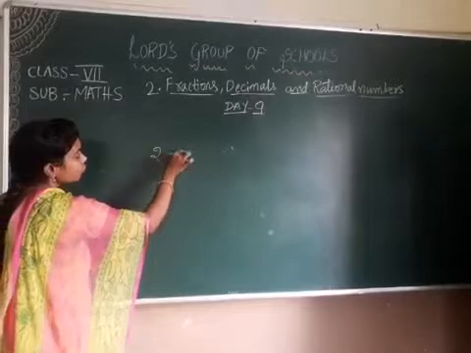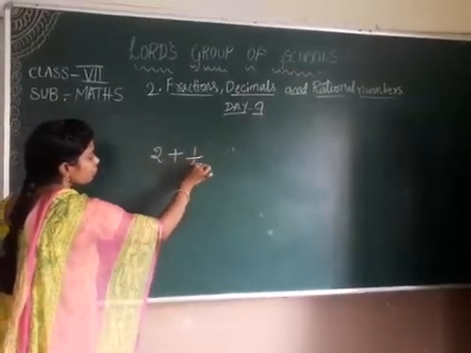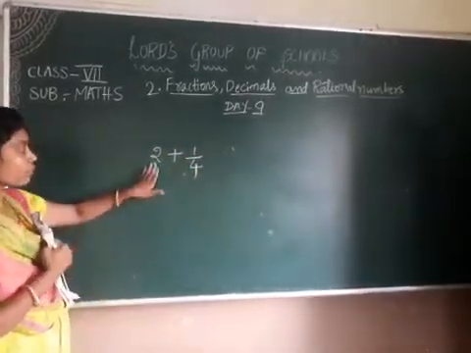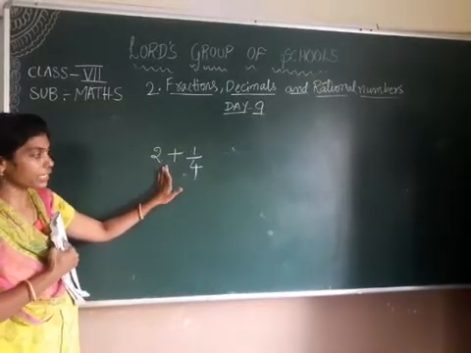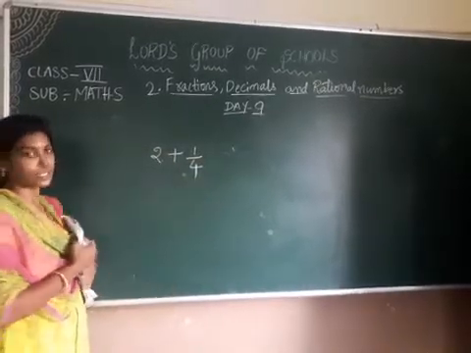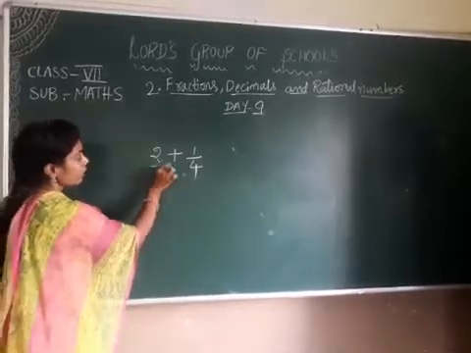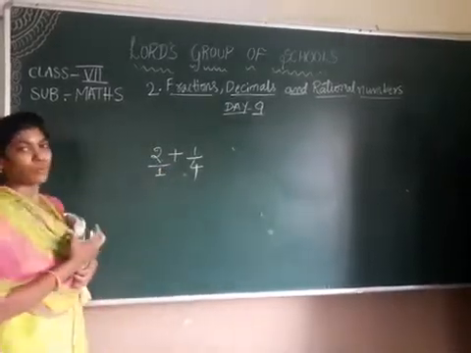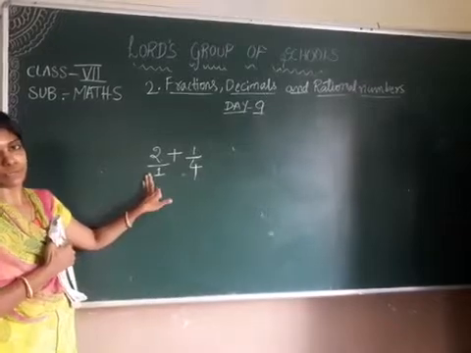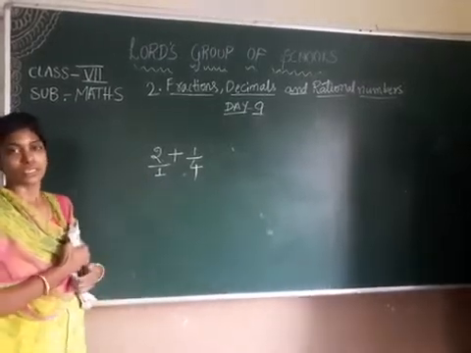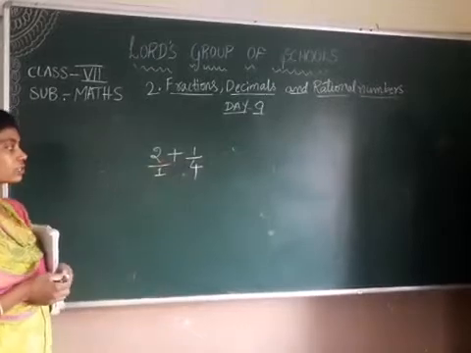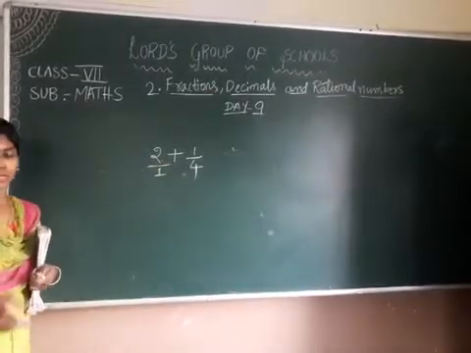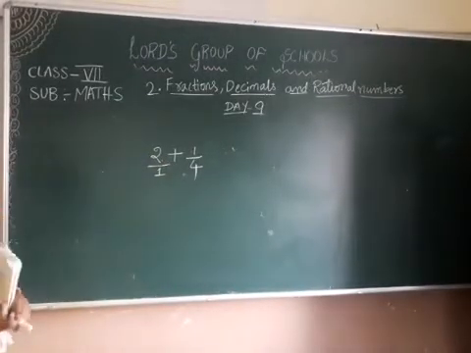One thing I want to clarify, which I missed in our last session: whenever there is a whole number like 2 plus 1 by 4, many of you may doubt what denominator to take to convert both to like fractions. When nothing is there, we should keep 1 in the place of the denominator and continue the calculation, whether plus, minus or multiplication. So coming to multiplication.